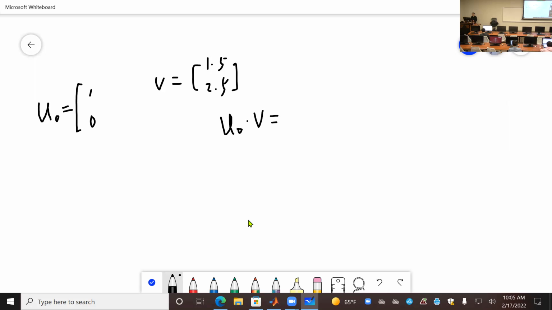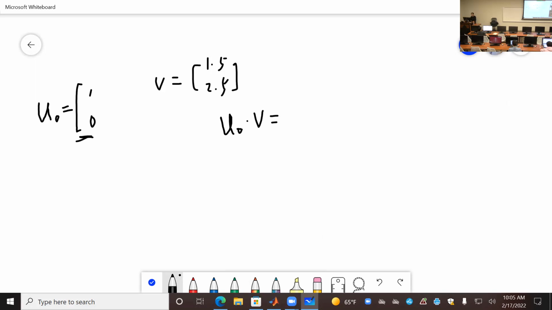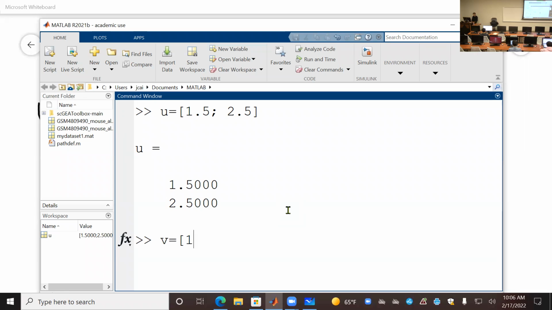So let's do this in Matlab, because I'm using the original coordinate system. So my example data and u, I use small u here because I want to make it just a single vector, a single data point. And that's my u. And if my v is 1, 0,